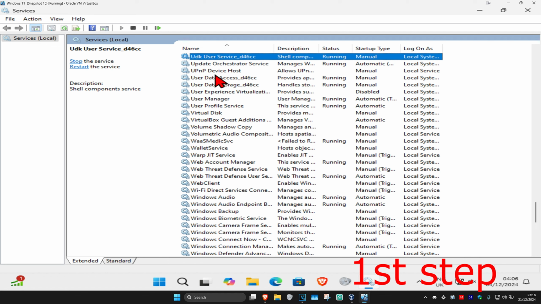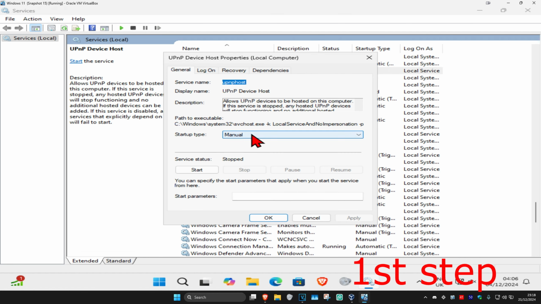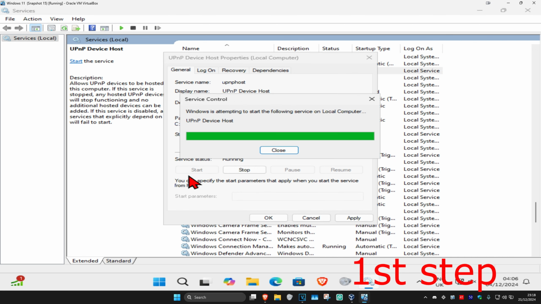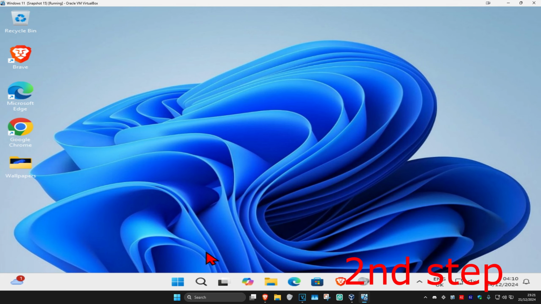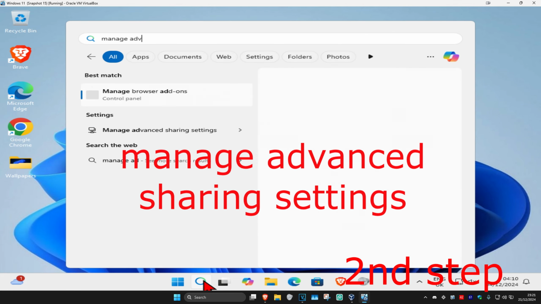You're going to find UPnP device host. Double click on it. Do the same thing. Startup type, automatic, and then click on start, which will then make the server status running and then click on OK. And now for the next step, you're going to head over to search and type in manage advanced sharing